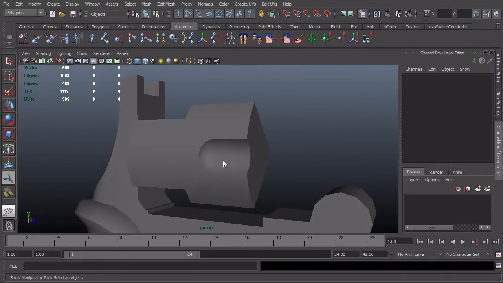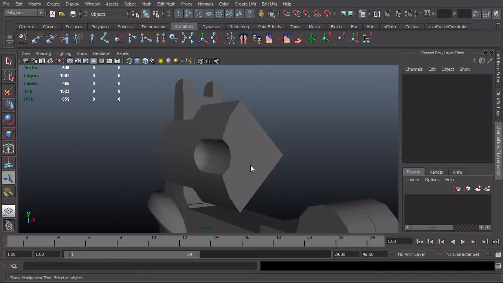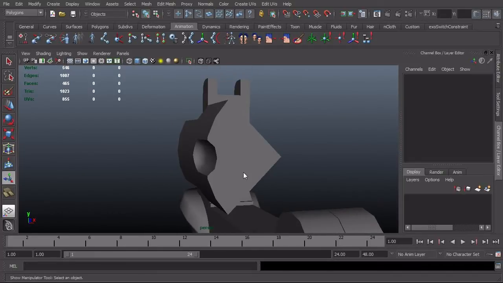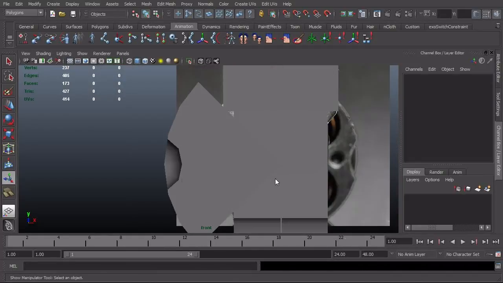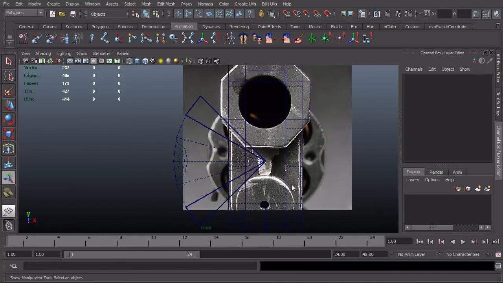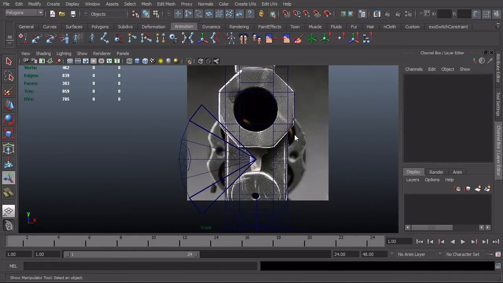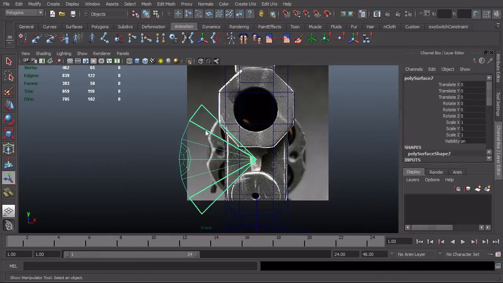So now we need to add the Boolean through the front. So take a look at this thing from the front view, and basically these have a lot of perspective distortion in them, so they're way smaller than they should be. But the barrel here is actually probably pretty close to the size hole that we're looking for. So I'm going to go ahead and set this thing back up to where it was supposed to be. So just press,